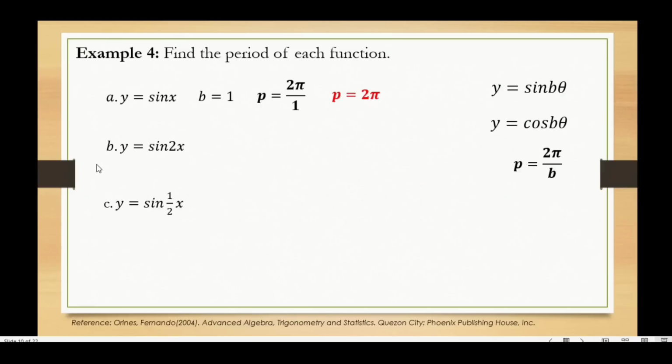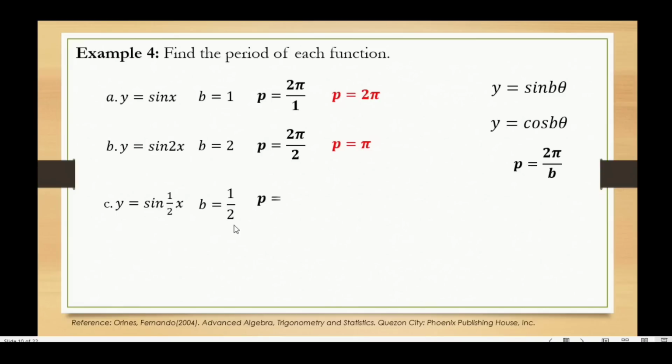Sa letter B, so yung b natin dito is 2. So gamit yung formula, 2 pi divide 2. So maka-cancel yung 2. So ano yung value ng period natin? Pi na lang. And then sa letter C,